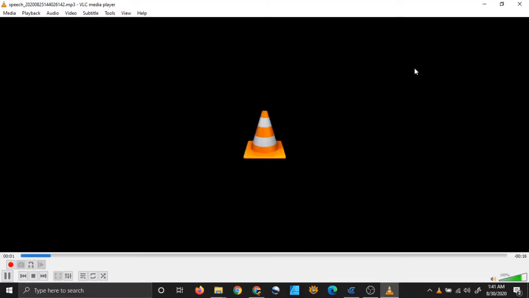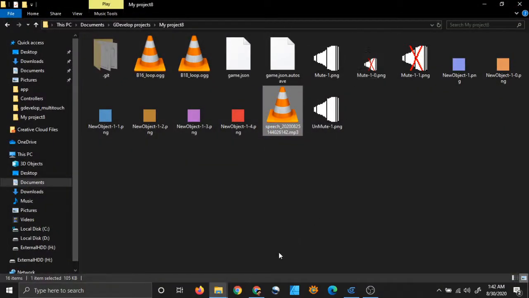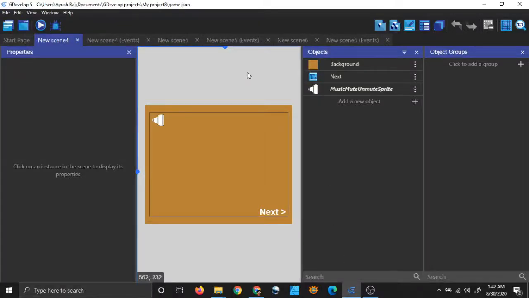This is a Develop 5 tutorial where we will learn about how to make music resume in our game from the place where it ended. Suppose we are playing a song and then we want to exit the game and we want the song to resume from the place where it exited when we resume the game the next time, then this tutorial will be very helpful for us. So that is the whole, you know, speech.